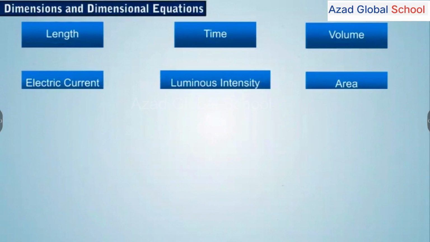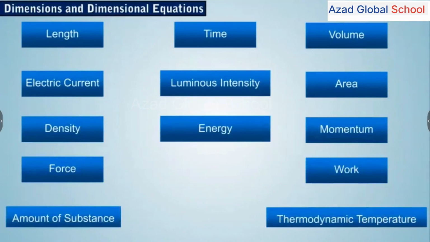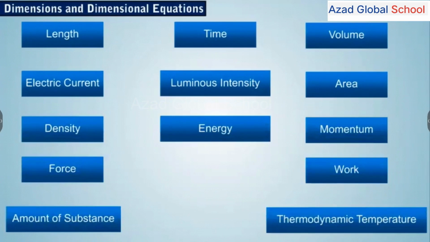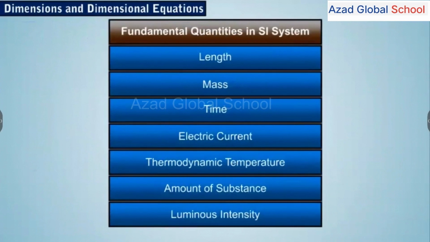Now we move on to dimensional formulae and dimensional equations. We learned earlier about different physical quantities, of which 7 are considered fundamental according to the SI system of measurements, while the others are derived physical quantities. The 7 fundamental quantities are